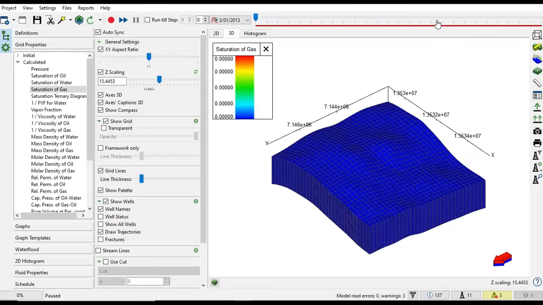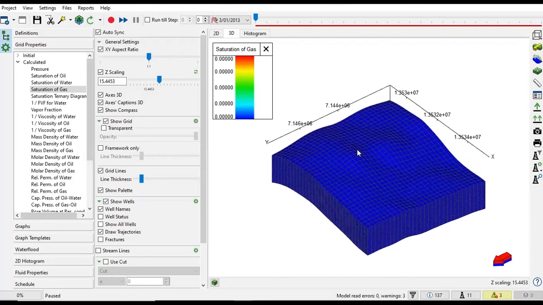So in this video, we will continue our learning on tNavigator. It's a reservoir simulation software. tNavigator is very useful and it's very important for us to learn this software. And in this series, we will talk about CO2 geological sequestration. In learning this, we will use the default or template model from tNavigator. It's a tutorial file, so hopefully we can learn many things from